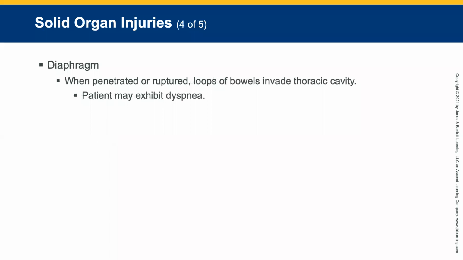If the diaphragm is penetrated or ruptured, loops of bowel may herniate into the thoracic cavity. Not good. Patients may exhibit dyspnea. Changes in position from upright to supine result in more abdominal content spilling into the thoracic cavity, and it does compress the lungs. That's important because it prohibits the lungs from fully expanding. So them laying flat is not a good idea. We may not have to get them set at 90 degrees, but a 45 degree angle will be very helpful in the long run.